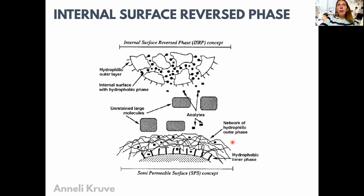One more interesting SPE type is an internal surface reverse phase. And this can be